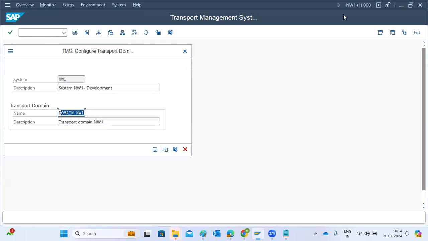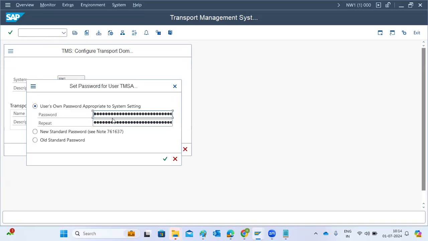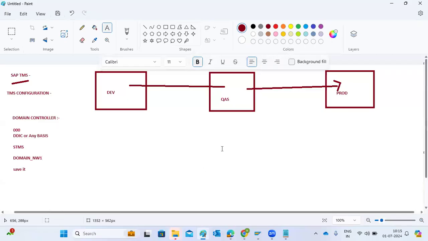It's the same system, right? So NW1, NW1. Then click on the save button. While doing this domain controller configuration, or other steps like adding systems into the domain controller, a default configuration will be created, which means when you are doing this configuration in the 000 client,